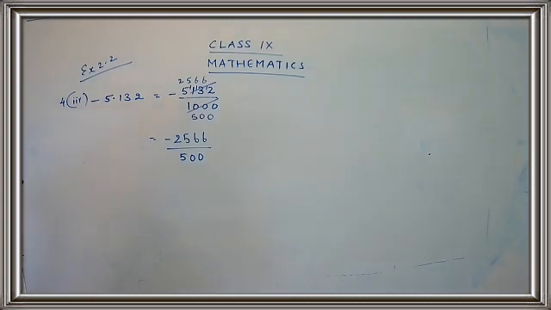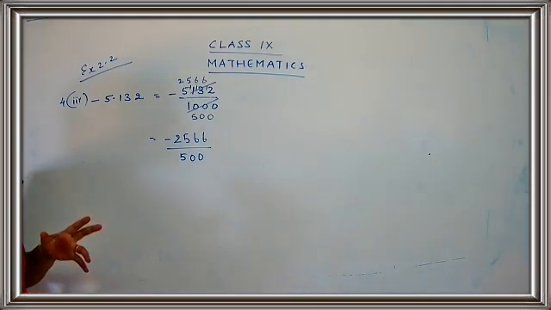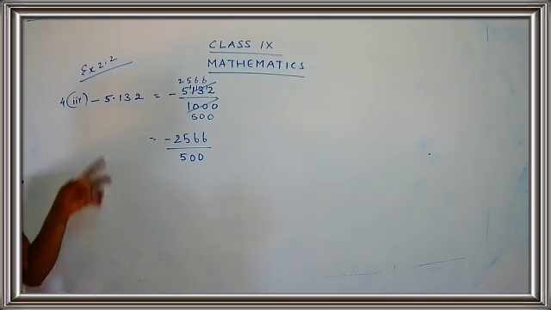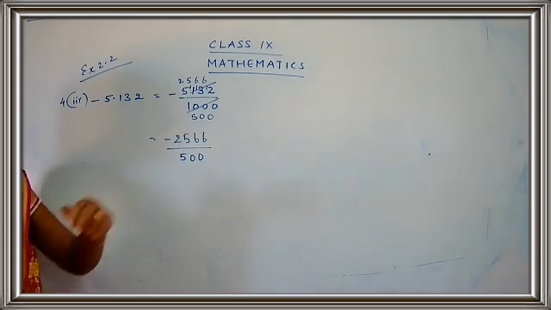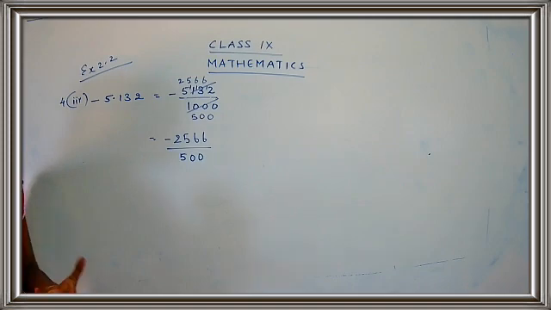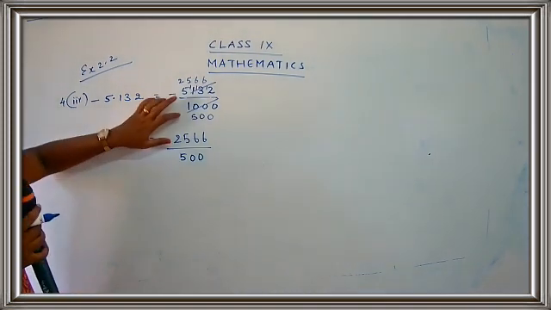Are you clear with this? This is a direct cancellation. So what do you get? 2566. If you people feel that you are not able to do the calculations directly, you can do the division and you can show. But you are grown up session, so you should learn to do some of the steps directly. So let me explain to you once again.